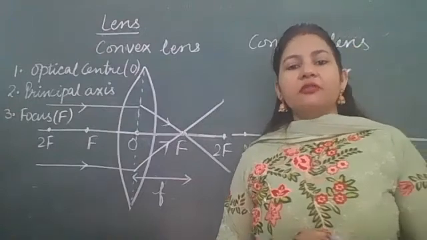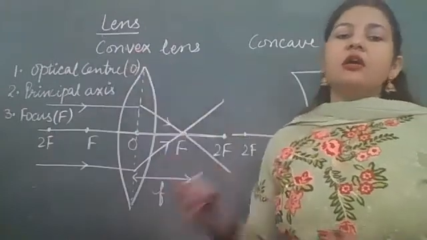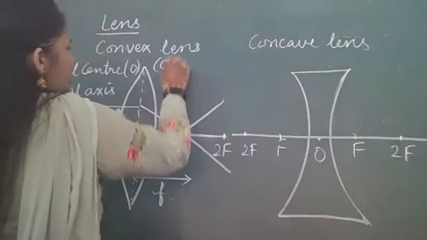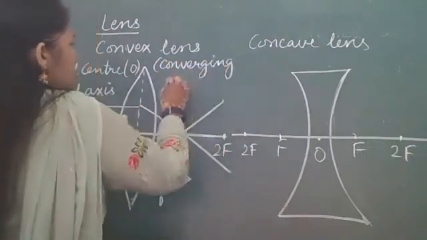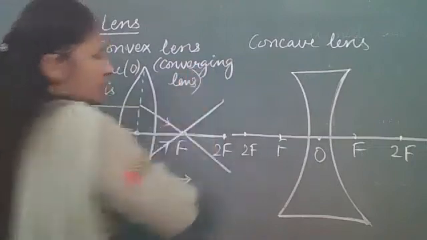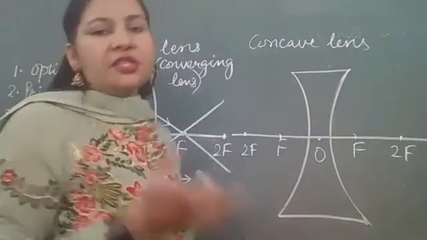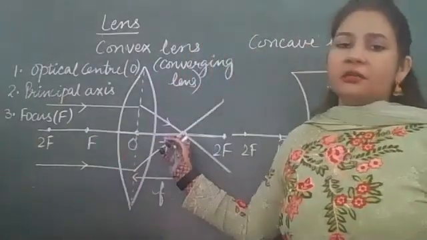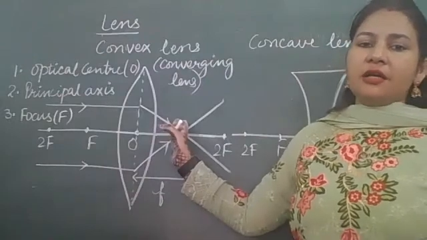And because of its converging nature, what is the other name of convex lens? It is also called converging lens. Okay, write in bracket, because this is very important. Sometimes they will write converging, diverging. They won't be mentioning that this is concave lens, this is convex lens. They will use this language. So convex lens, why is it called converging lens? Because it converges the rays of light. It allows the rays of light to meet at a point. Okay, so this ray diagram is clear.